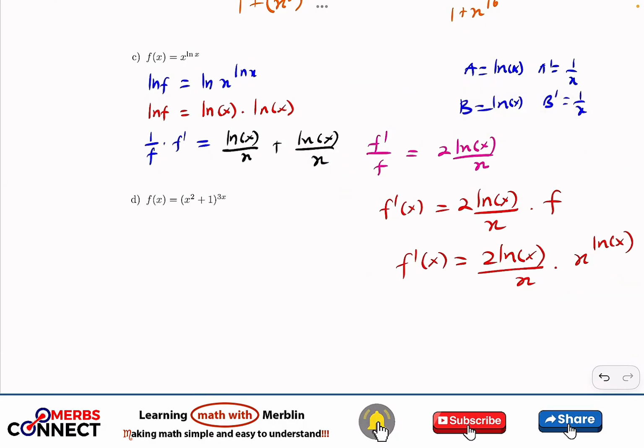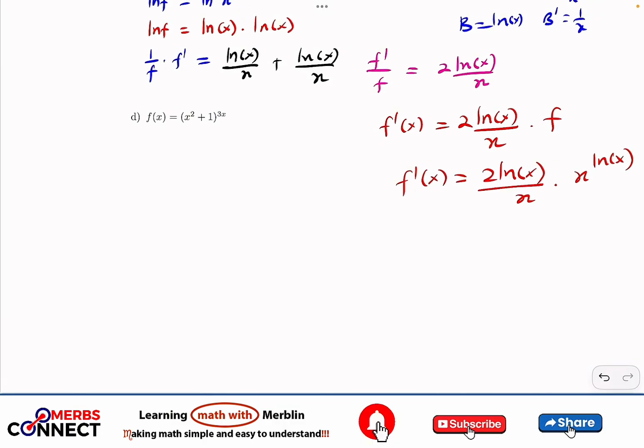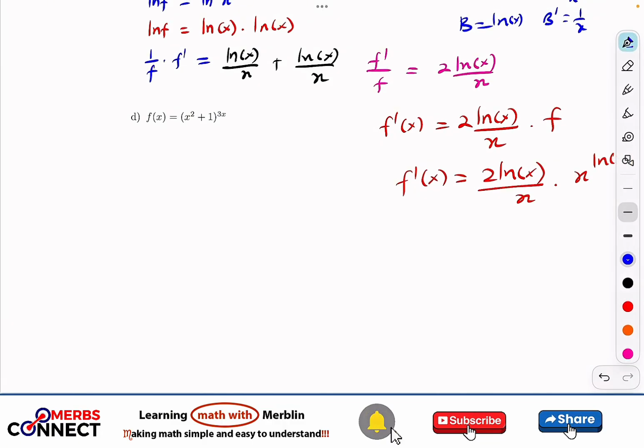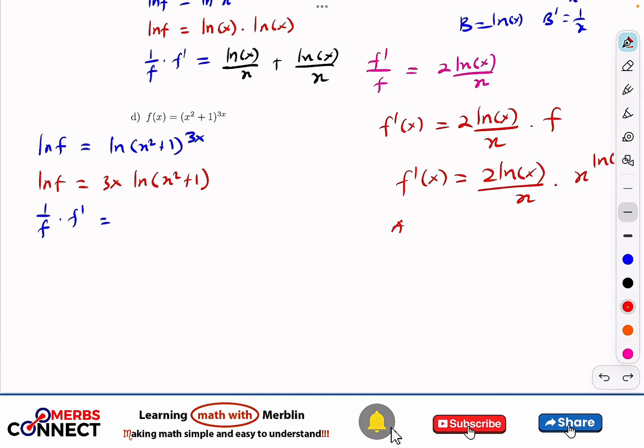And let's do the last one. There we go. The last one also follows the same procedure. Just pick ln of both sides and then have ln of x squared plus 1 to the power 3x. Then the ln function will help us to drop 3x. Then now we can start differentiating. So when I differentiate ln of f, I have 1 over f times f prime. Here I can use the product rule. So let's do that. A is equal to